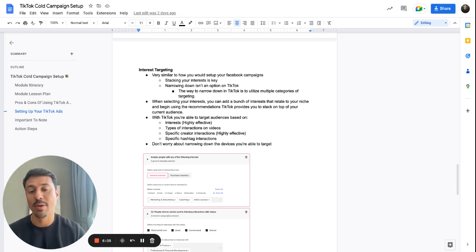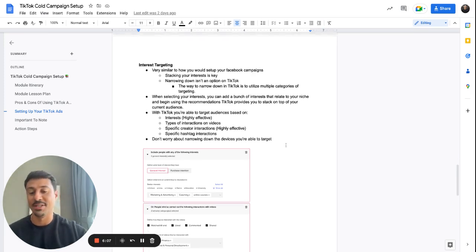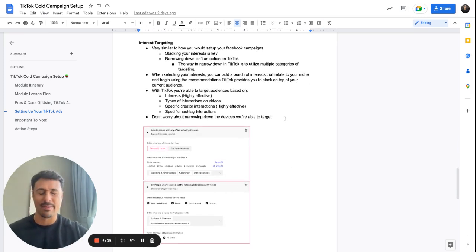Okay. So don't worry about narrowing down on devices or anything like that. I know it prompts you to narrow down by device. Don't worry about that. Okay. But those 4 main ways of targeting your audience are the only ways that you can actually target your demographic. Okay. So what I will say is I've obviously listed that interest targeting and targeting by specific creator interactions is highly effective,